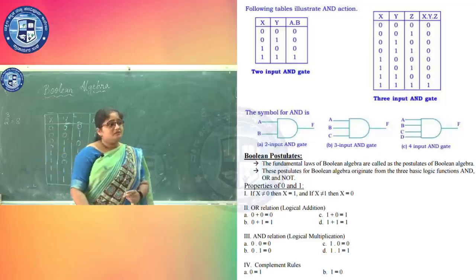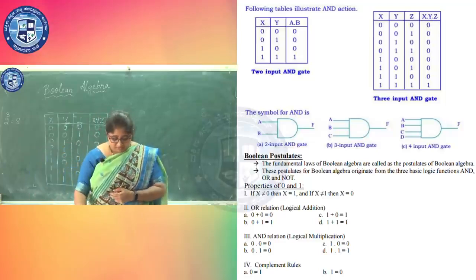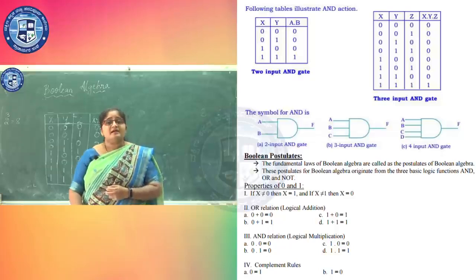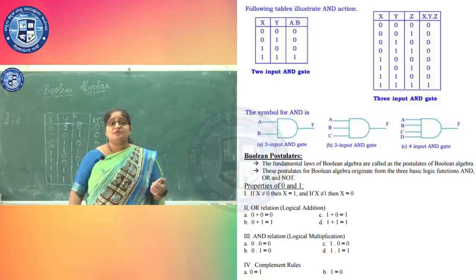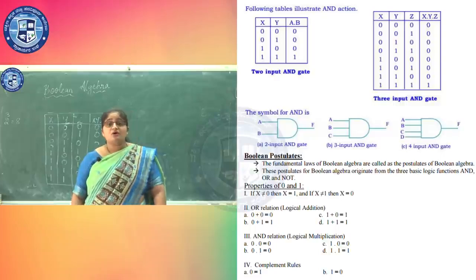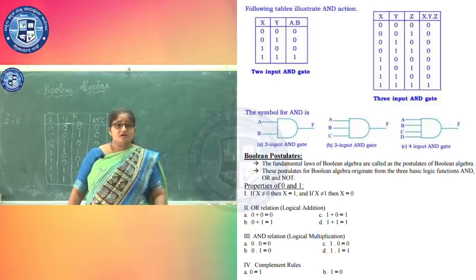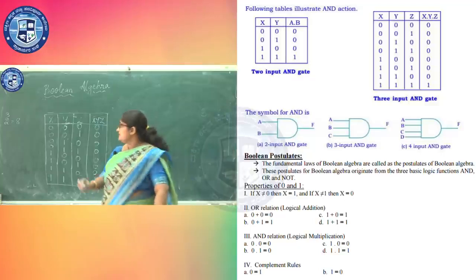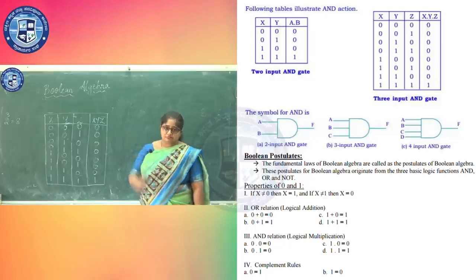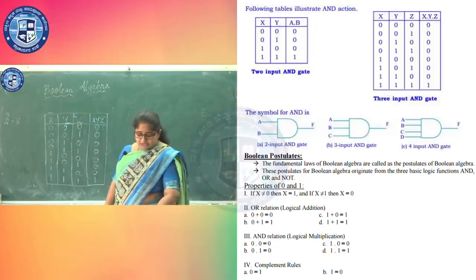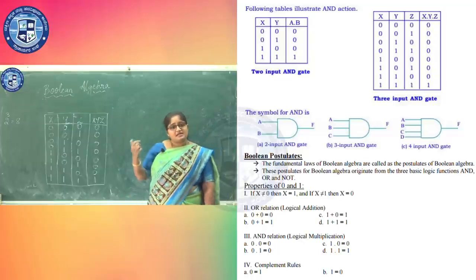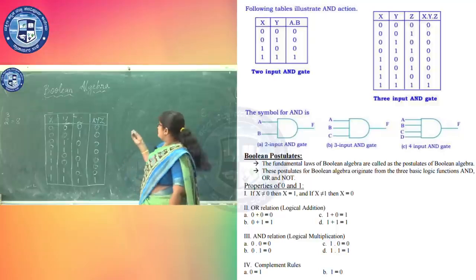Next, Boolean postulates. That is the most important one, the Boolean postulates. We will have to prove it also, and these postulates will be helping you in evaluating the Boolean expressions. The fundamental laws of Boolean algebra are called Boolean postulates. Fundamental means the very basic laws of Boolean algebra. These postulates are also working based on the 3 logical operators, that is AND, OR and NOT. So first we have